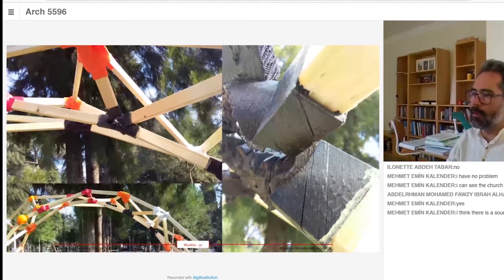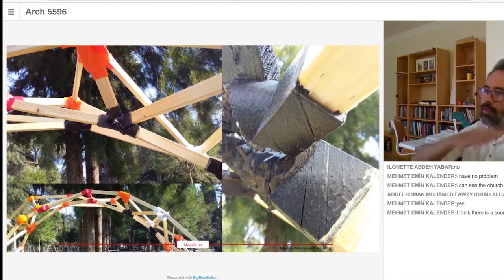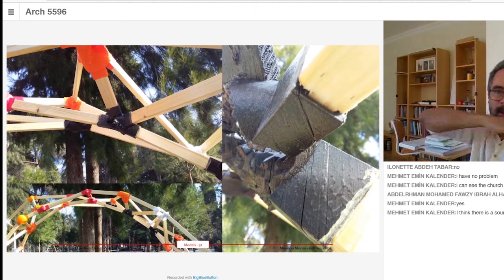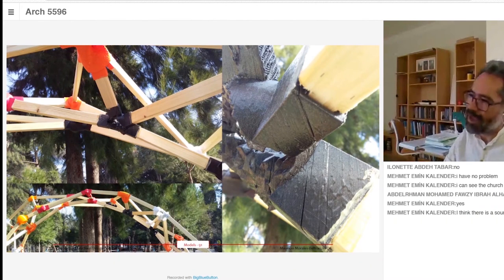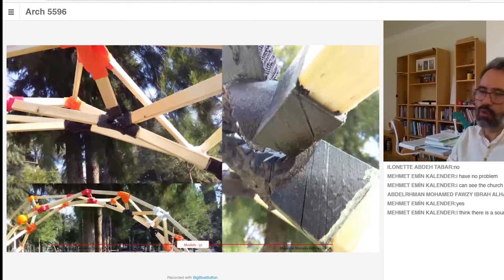The second part is related to the way the 3D print creates the node, because you can see here layer by layer. If you know about 3D printing, you know it is printed by layers. So here you can see the lines, and basically what the forces are doing is separating these original layers. So we had to print this one again with a different orientation, so the layers were in a different position,